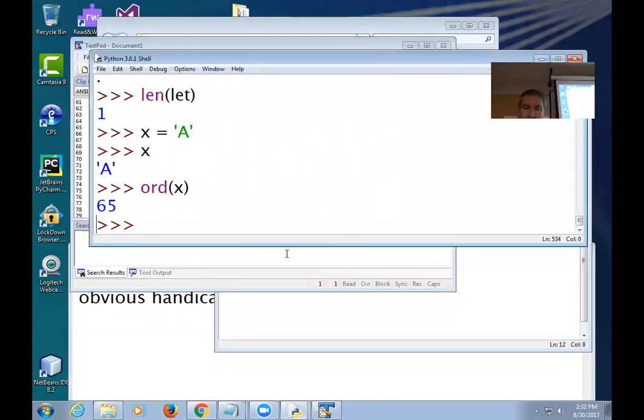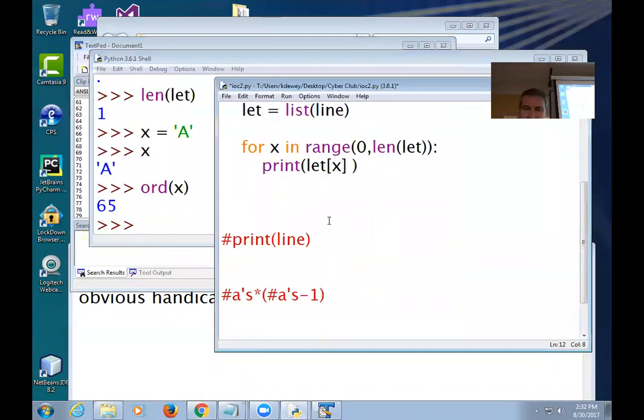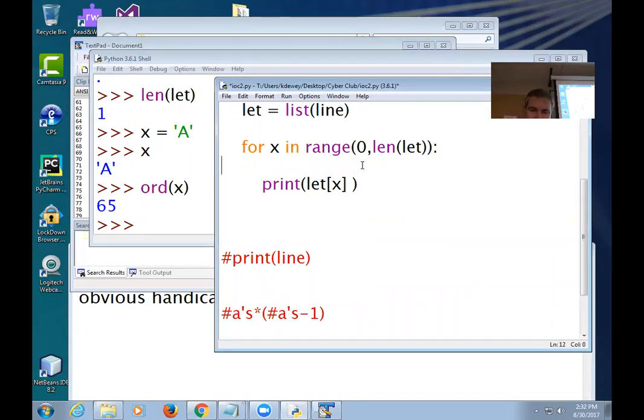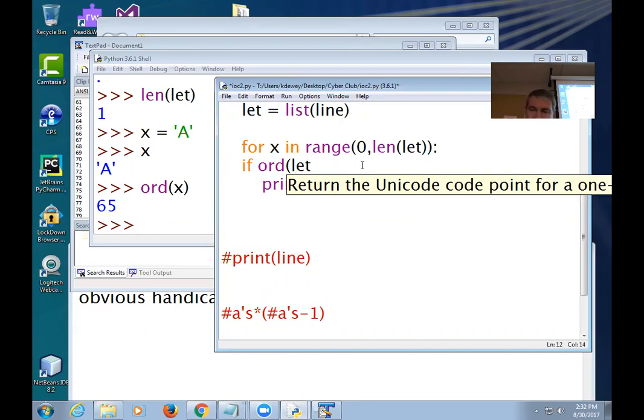In this case, wherever my code is, right here, I'm going to say if, now we do that with ord. Actually, I need to indent that as well. If ord of each element in my small list there